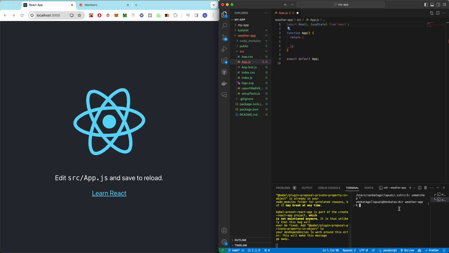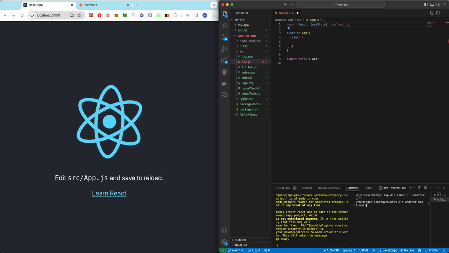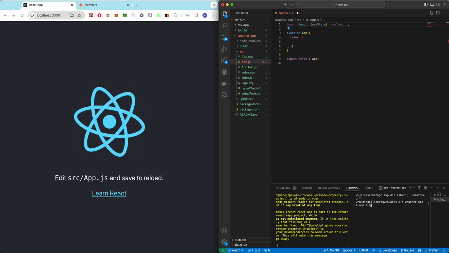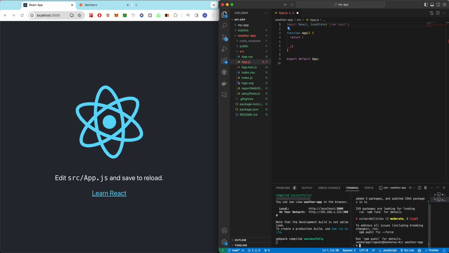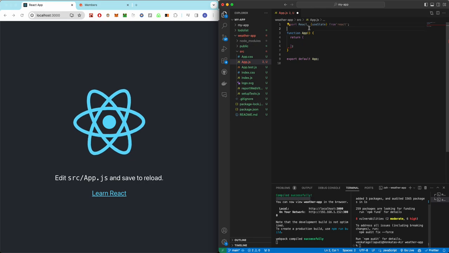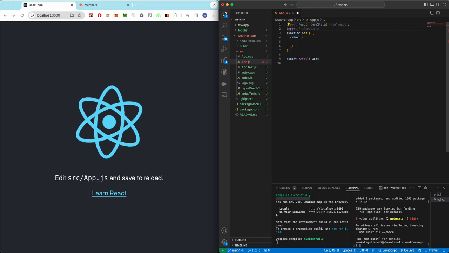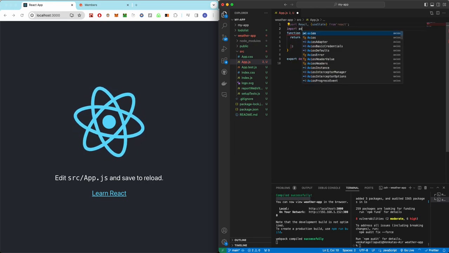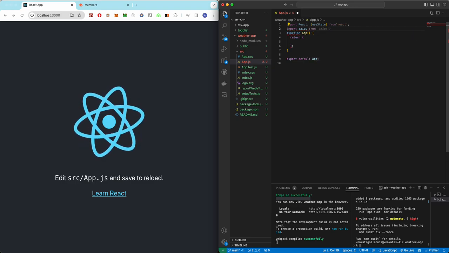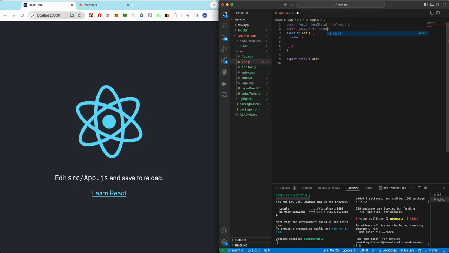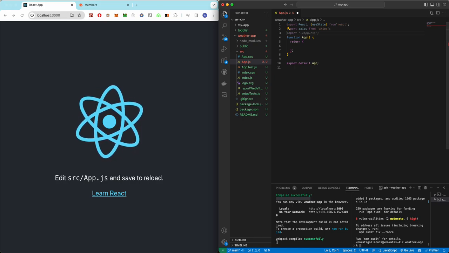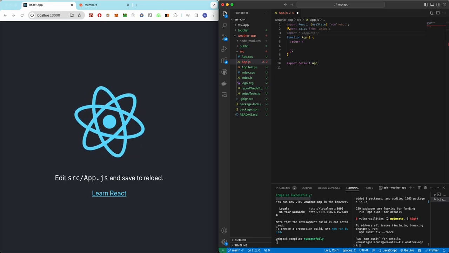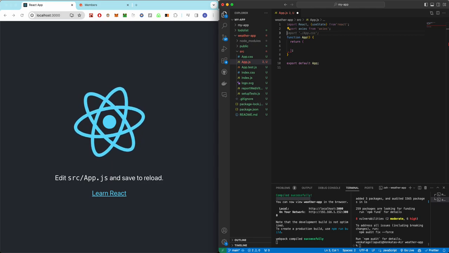So yeah, let's install the package: npm i axios. This would install the Axios package, which we can import into our file: import axios from 'axios'. So now what we can do is start creating